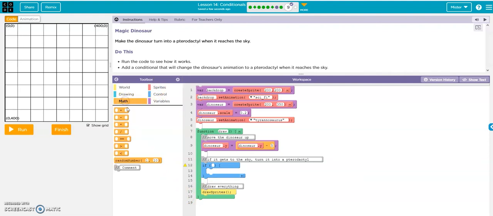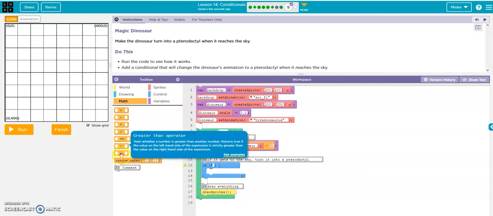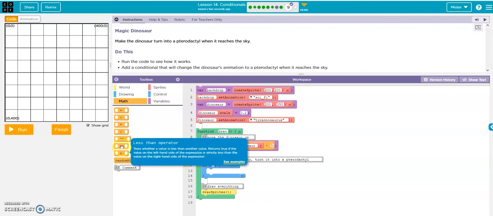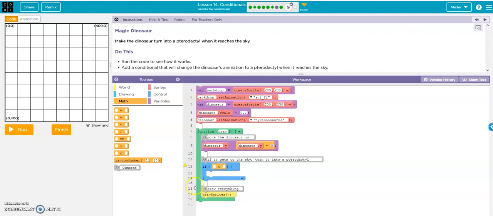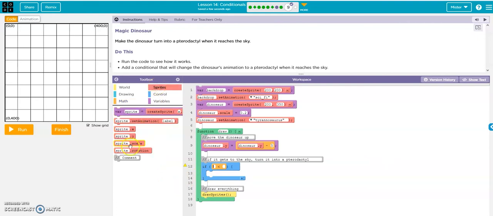If, we gotta get our math first. Less than, remember, because we had it wrong last time, so we want the less than in there. If the dinosaur Y, dino. Okay, if the dinosaur Y goes to less than, we're doing what? 150? If the dinosaur Y goes to less than 150,